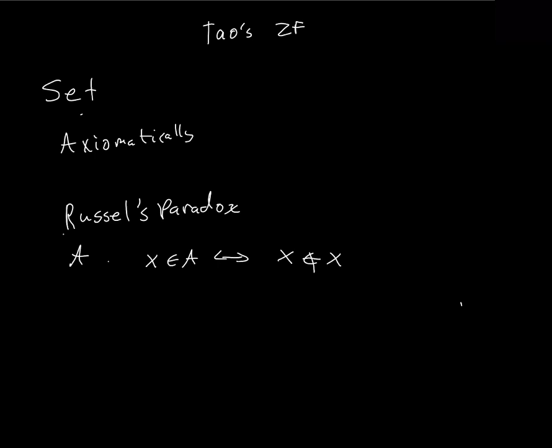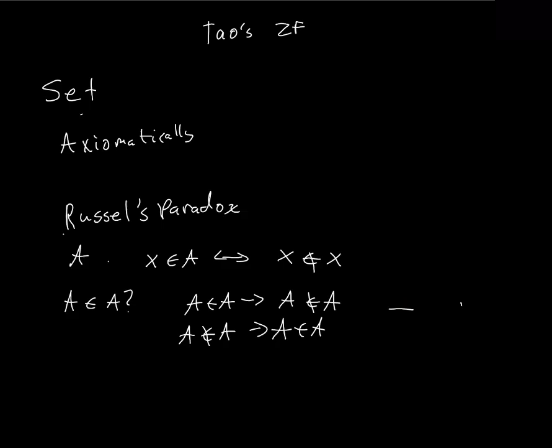All right, so we haven't defined what a set is. We don't know that a set can't contain itself. Then we say, okay, does A contain itself? Because on the one hand, if A contains itself, that logically implies A doesn't contain itself. But on the other hand, if A doesn't contain itself, well, it's in the set, so A does contain itself. So we see we run into a paradox. This is a blatant contradiction. Therefore, we have to define sets axiomatically.